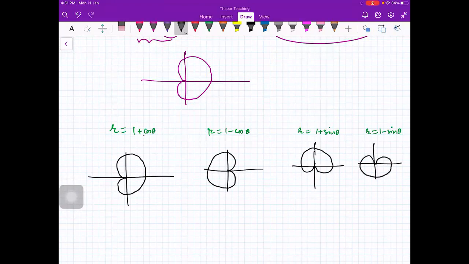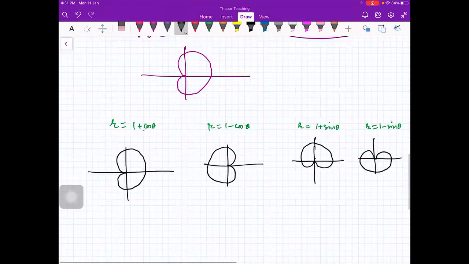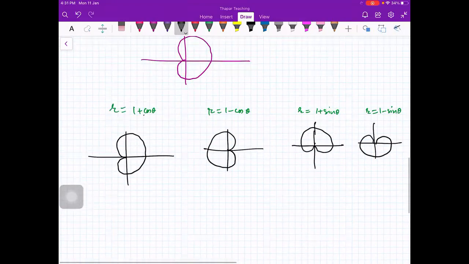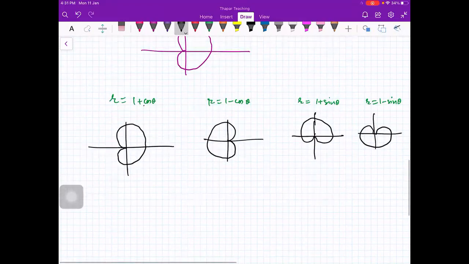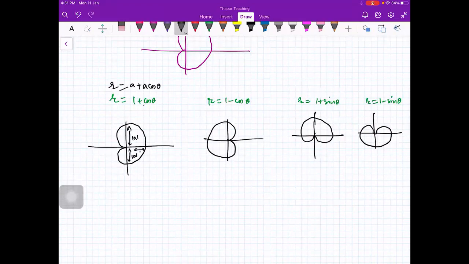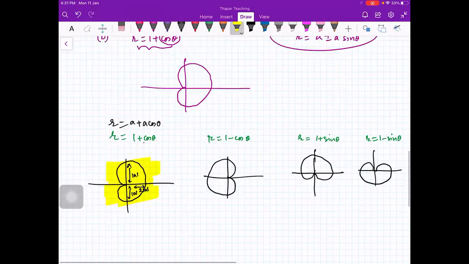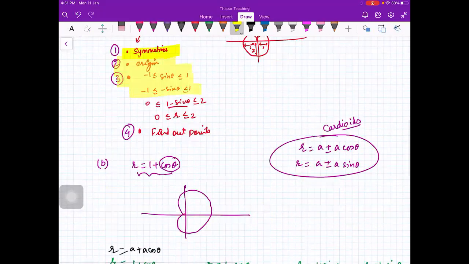Is that okay? Okay. So if you have, let me write down, r is equal to a plus a cos theta. So this is mod a. This is mod a. This is 2 mod a. Similarly everywhere. Okay. So you should know how to plot, because if in the exam you get that you plot this curve, you don't directly plot it. You follow all the 4 steps which I have written here to plot. Is that okay, beta?